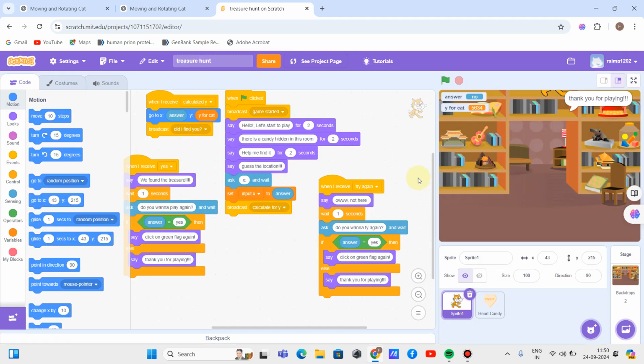So here we all saw the working of this game, right? Basically in this game I have programmed the cat to introduce the game to you, and what type of treasure is hidden in this room background, and you are supposed to guess the location, the XY coordinate, of the candy hidden in this whole room. So the X coordinate is the input given by you, and the Y coordinate is evaluated by the polynomial,